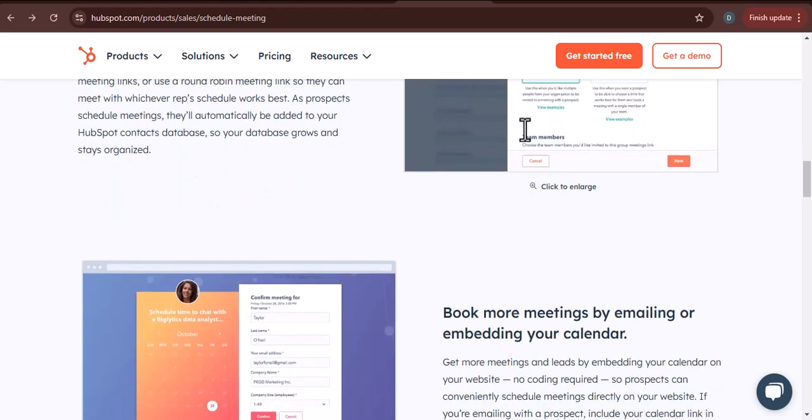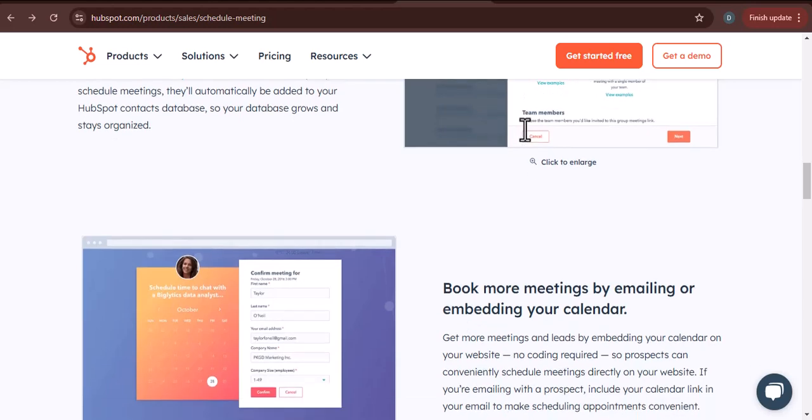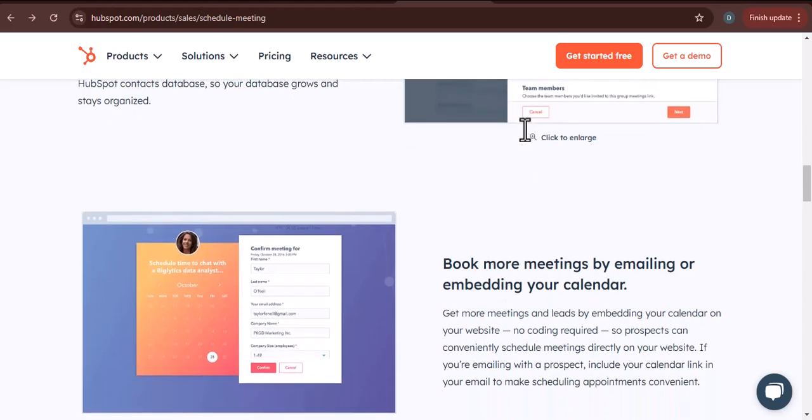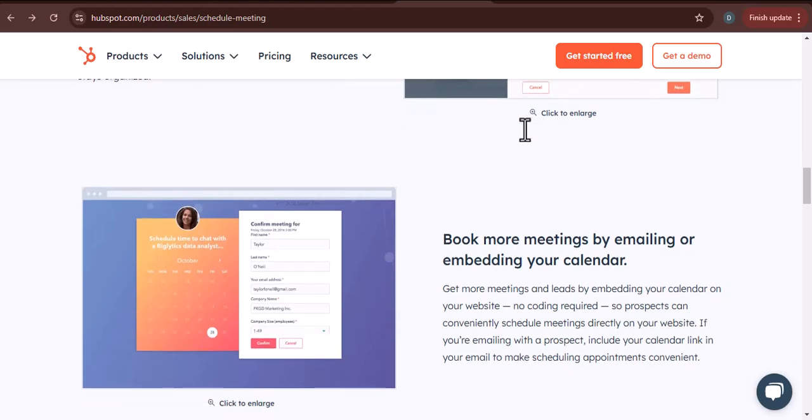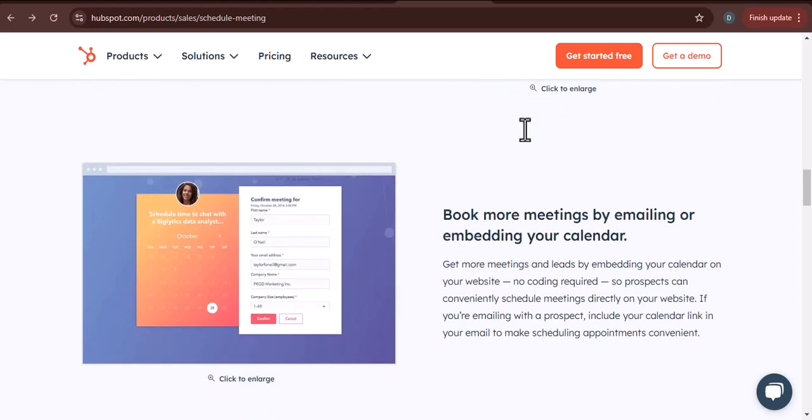By leveraging the power of the HubSpot Deals tool, you can transform your sales process, improve your efficiency, and ultimately, close more deals. It's more than just a tool. It's your